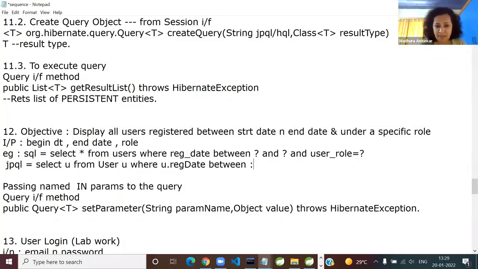So here, suppose I say start date. What is this taken as or what is it replacing? It is replacing your question mark. So instead of guessing what that question mark stands for, isn't it clearer? Isn't it better for readability, understanding purpose? Are you getting my point? So colon start date and is the same. And what is it? The end date. So again a colon which begins the named in parameter and I can say end date. Does it have to match to